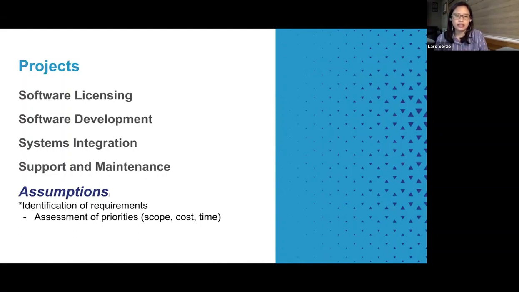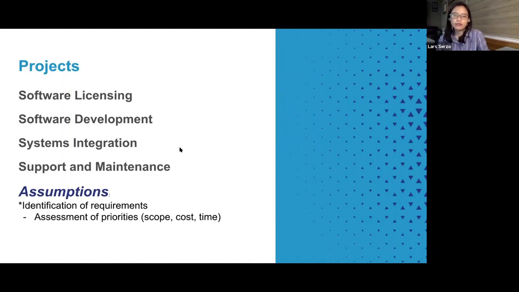It could also be that you need a service provider for systems integration, and this would involve a bunch of arrangements. It could involve off-the-shelf software. It could also involve a bit of customization. And then, of course, you may also have a need for support and maintenance services for your IT products.